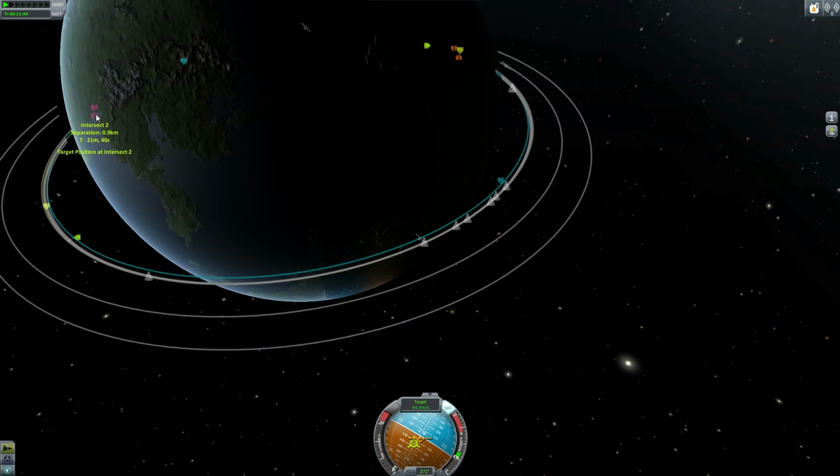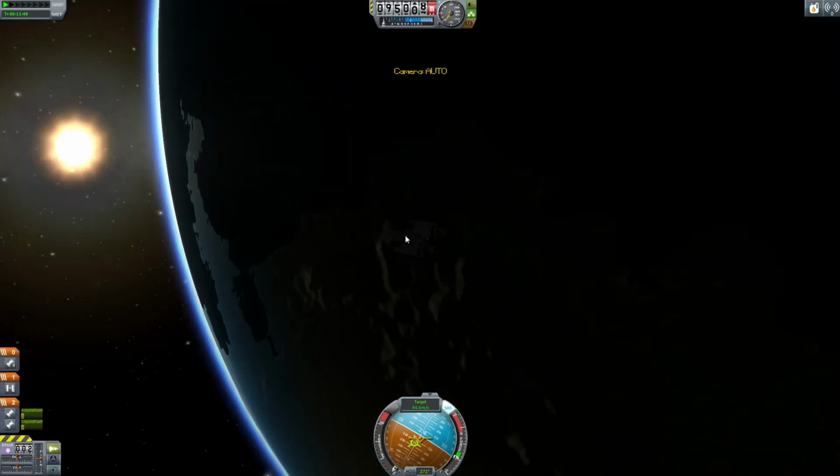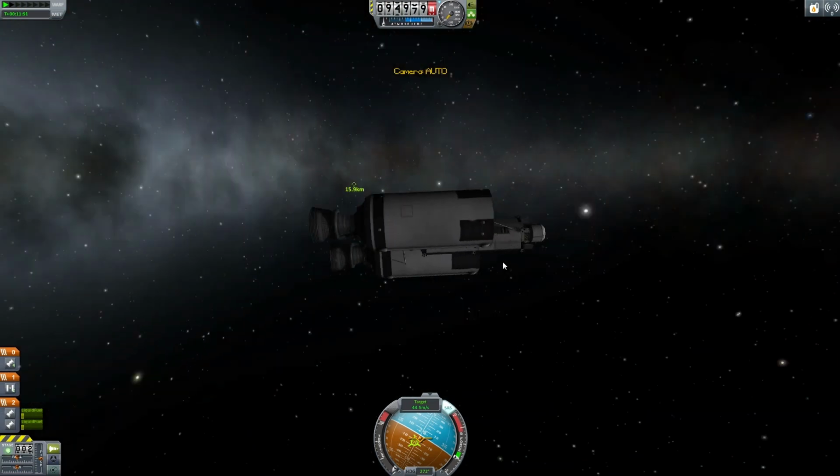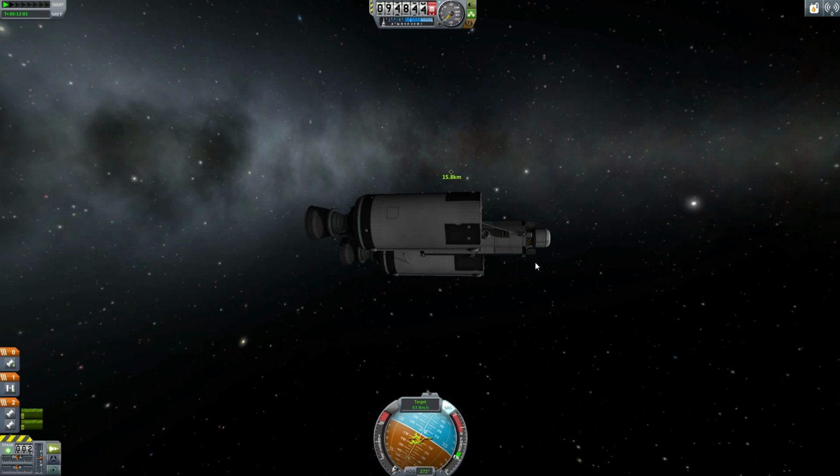0.9. That's freaking beautiful. We can see Station K is just up there. Look at that. Only 15 kilometers away. It feels like all we need to do is point at it and just go towards it. Which of course isn't really the case. I'm pretty sure we